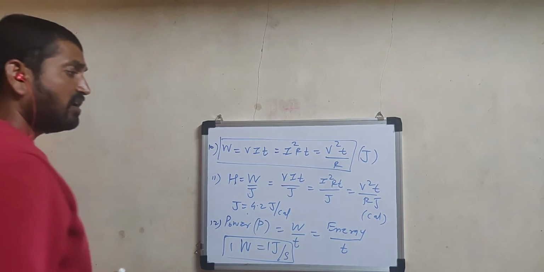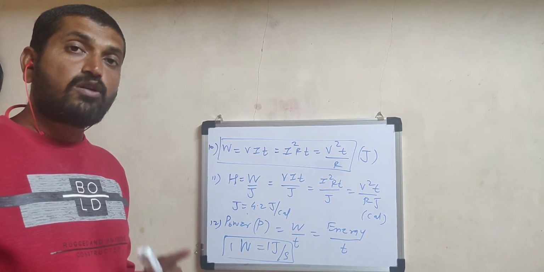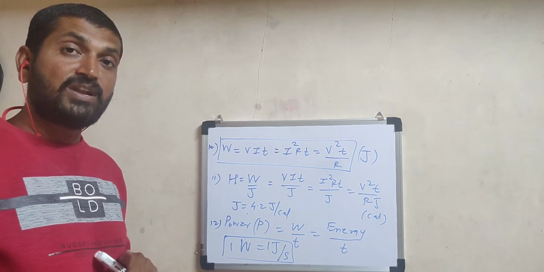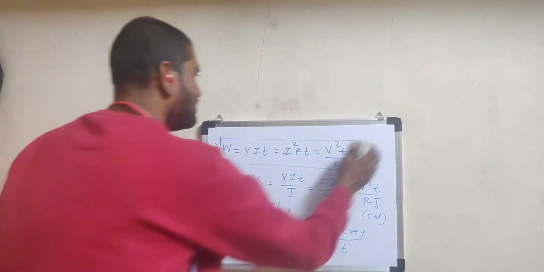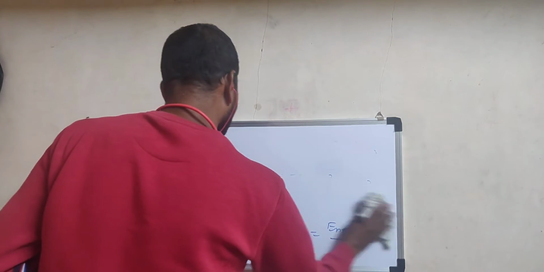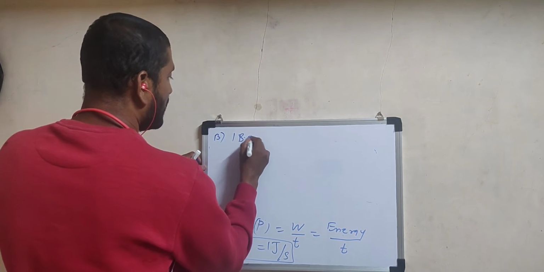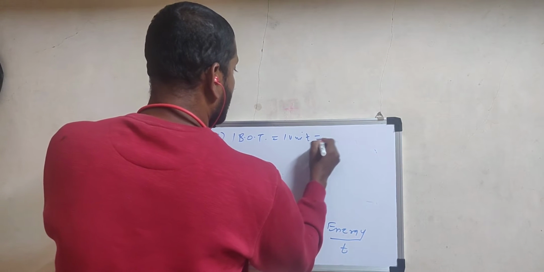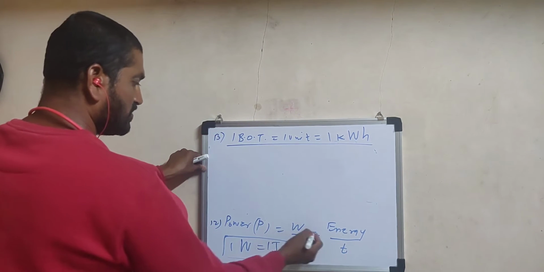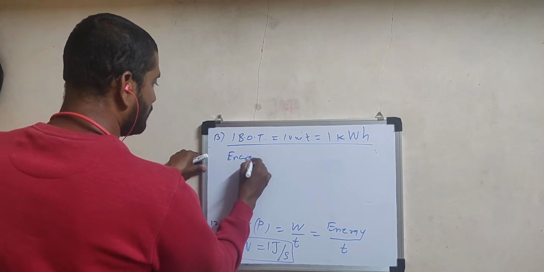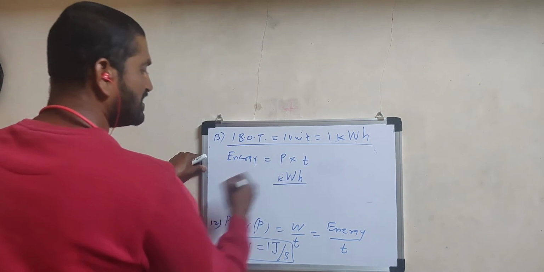In our day-to-day life, whatever electrical energy we consume, its record is kept by an energy meter, and that energy meter measures energy in a standard unit called the Board of Trade Unit, accepted by MACB. How much energy is 1 Board of Trade Unit? 1 BOT means 1 unit shown by the energy meter is equal to 1 kilowatt hour. Power is expressed in kilowatt, time in hour. From this equation, energy consumed is equal to power into time. So when power is in kilowatt and time is in hour, we get the unit for energy as kilowatt hour.